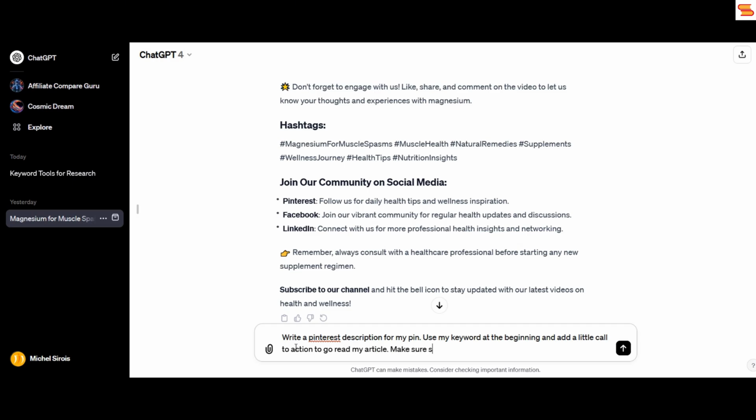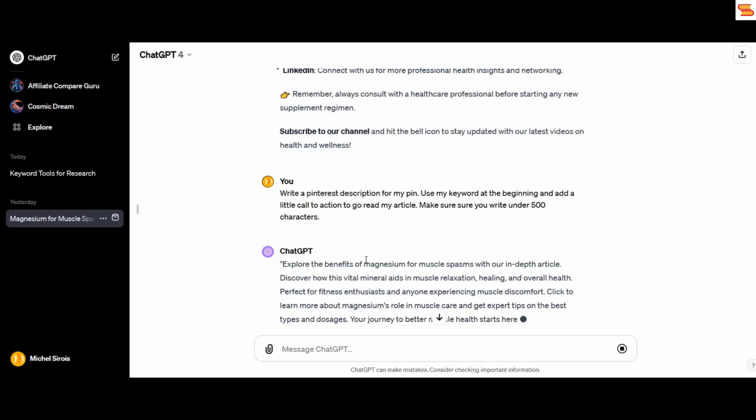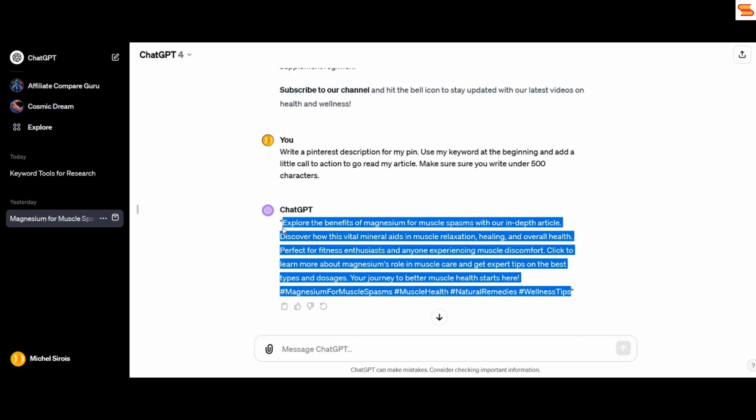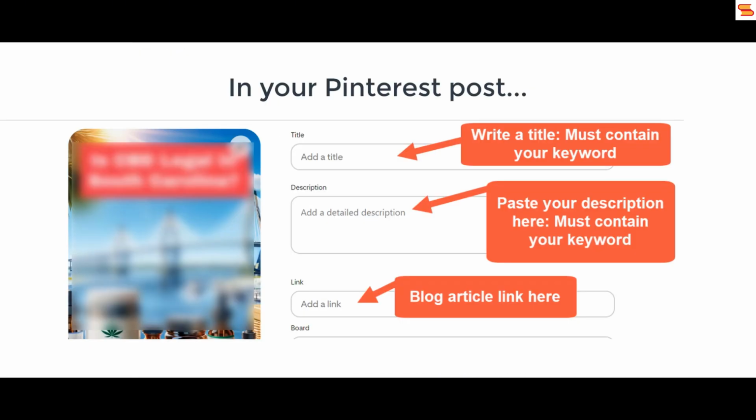Make sure you write it under 500 characters, because on Pinterest you're allowed 500 characters. So let's go. So here's my keyword. So I grab whatever's between the quotes, and this is the text that I'm gonna go and paste in my